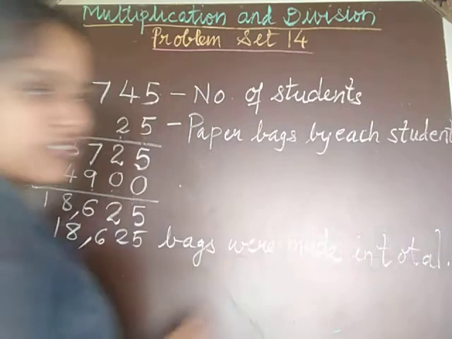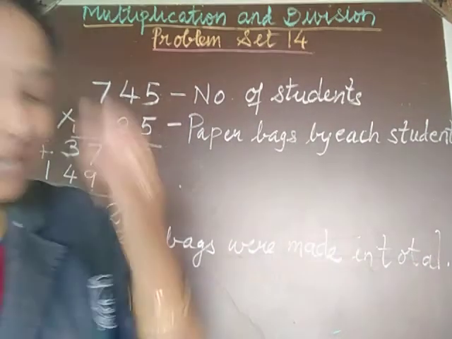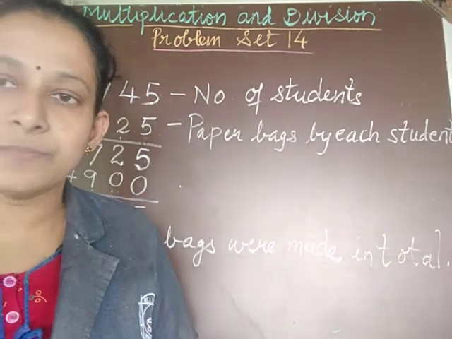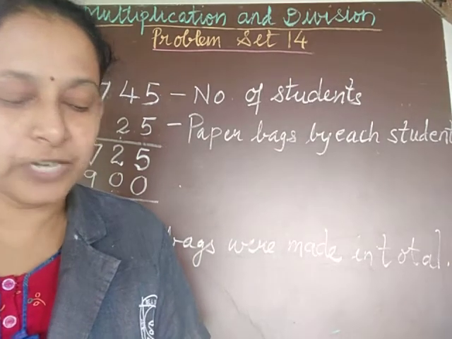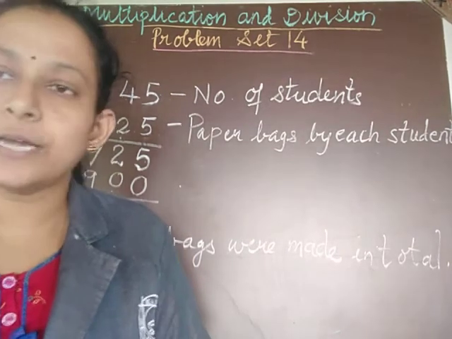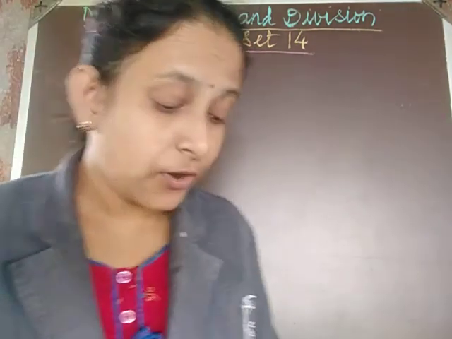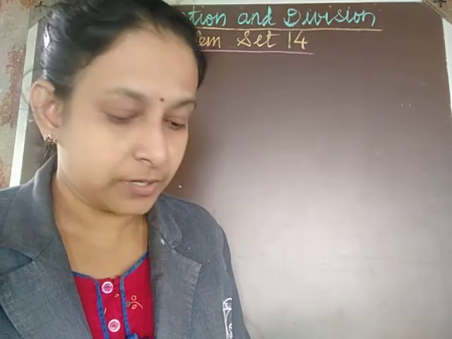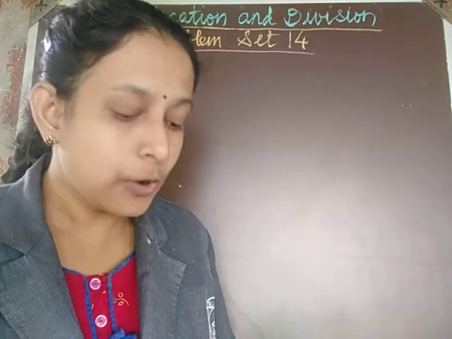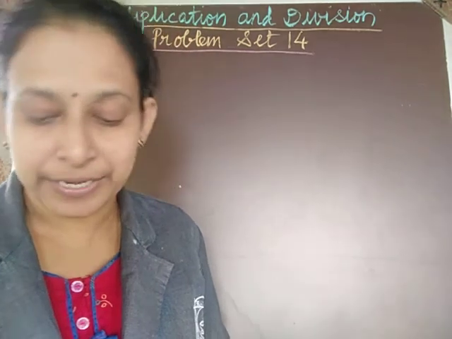So this is the first word problem. Let us take one more problem, then we will go for the next one. The next problem is, in a plantation, saplings of 215 medicinal trees have been planted in each of the 132 rows of trees. How many saplings are there in the plantation altogether?